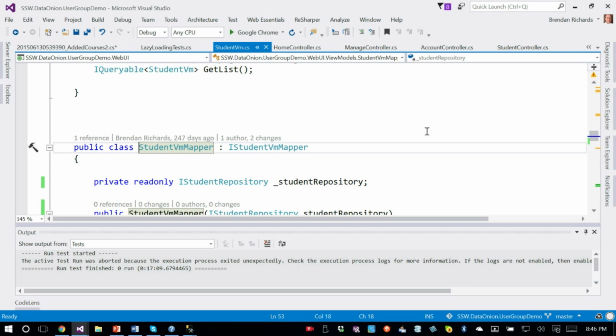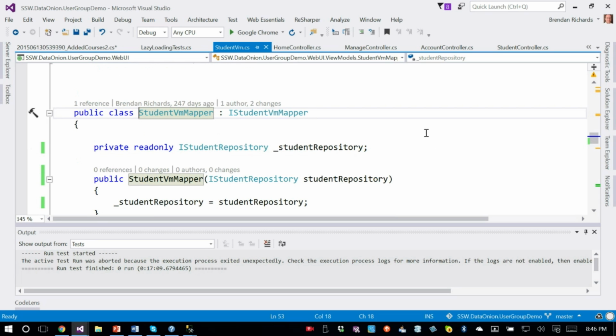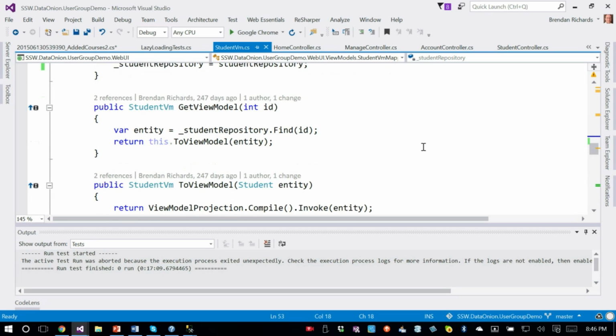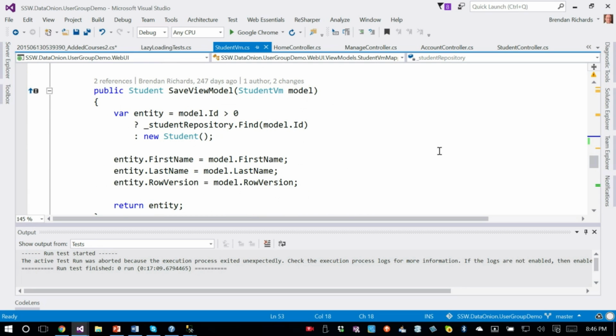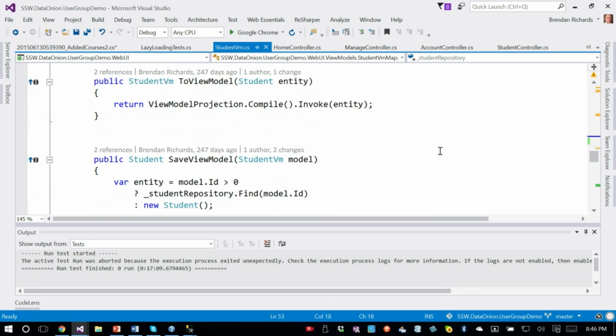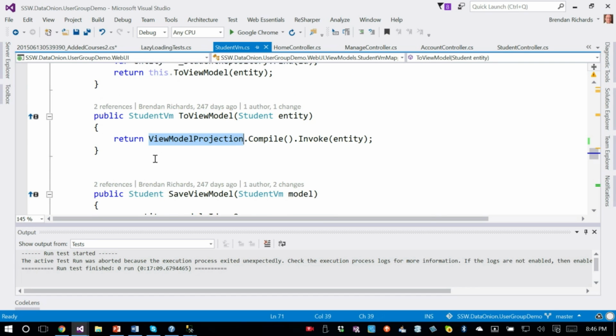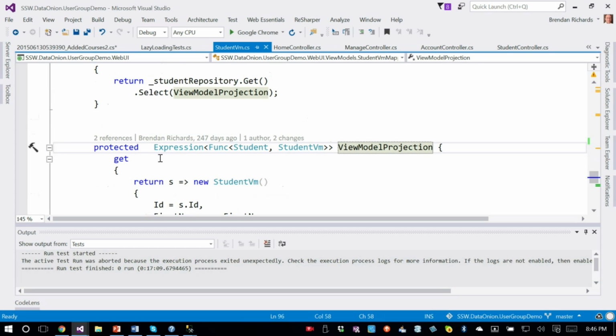So my view model mapper, what that needs to work is the student repository. So it needs to know how to get students out. What it then does is it's got a little converter to convert to view model. That runs a view model projection. And the view model projection itself is specifically written in a way so that it's an expression that can pass straight through to LINQ.